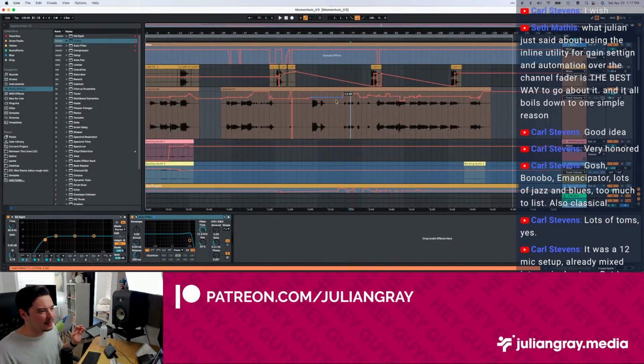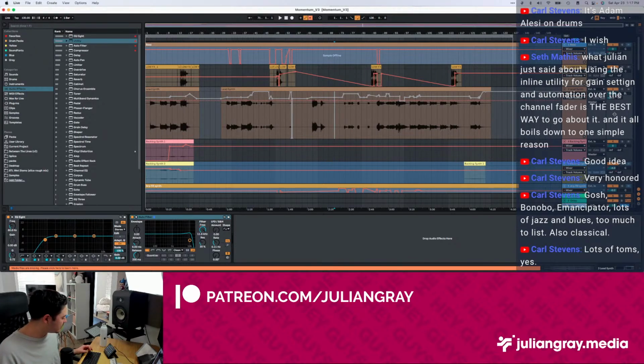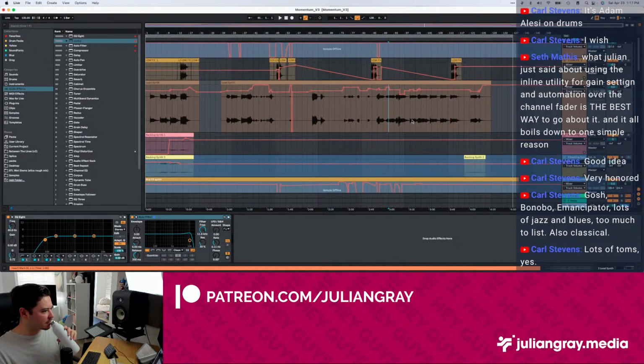But then maybe this line is the same as it is here. So if I turn it down here, I have to turn it down here and then here and then here. And it becomes very cumbersome. So what I like to do is do any automation like this on a separate utility so that I have the freedom to move this fader whenever I want. So I can make a generalized adjustment, like, that's 2 decibels too loud, let me pull that down as I'm listening, without having to deal with the movement. I used to do it this way. It became very cumbersome, and it's a very easy fix.